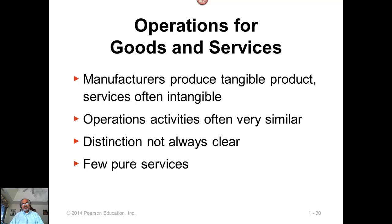Now, operations activities in producing goods and producing services are often quite similar, and sometimes the distinctions are not always very clear, because there are some service products that will have physical shape. For example, if you go to a restaurant, you think of restaurants as a service operation, but there is a physical product there. At the same time, suppose you want to buy a computer. A computer is a physical product, but then there is a service aspect involved in that. So very often the distinctions are not always clear, but there are some major concepts that we can try